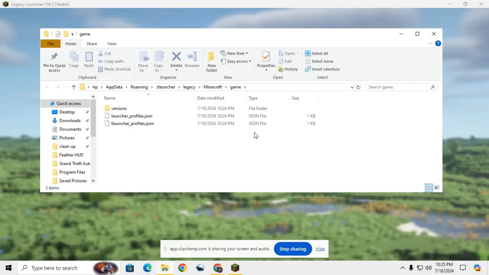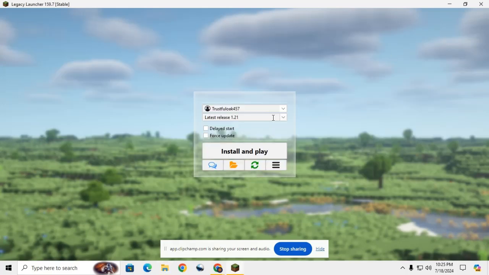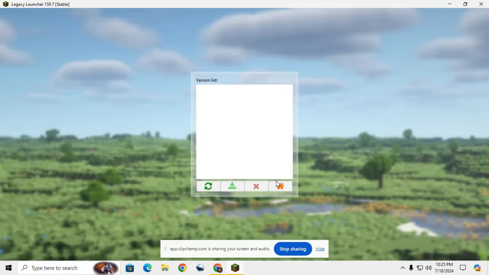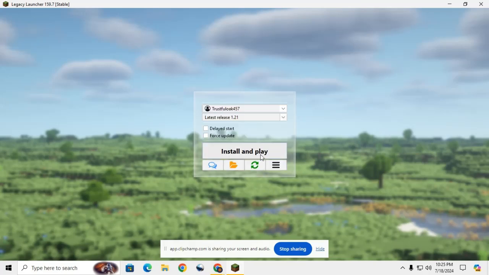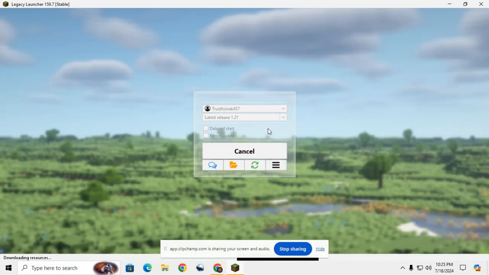So guys, sorry, I was just sneezing, and this is the file section. This is the version section, and this is, I think, the refresh button. Yeah, this is the manage version, like which version do you want to play, Fabric, Quilt, whatsoever. Okay, and after that, you're gonna click home and just install and play. We're playing the latest version, release 1.21.